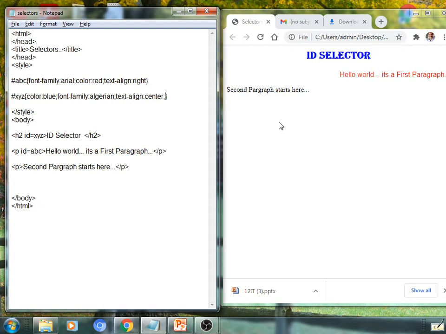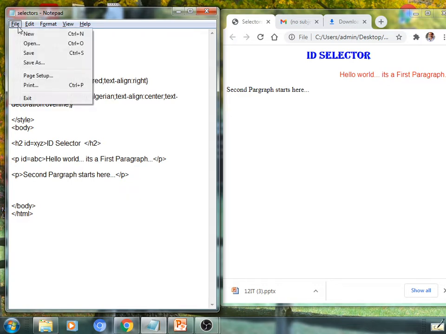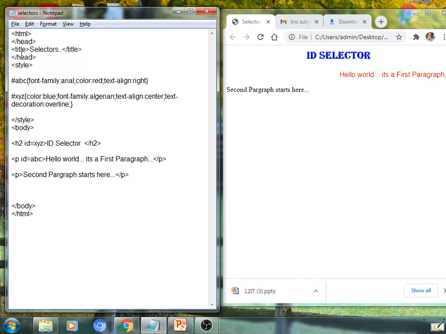Text decoration will be applicable again, text-decoration. It holds values such as overline, underline and line-through. See here, one by one we will apply it. Overline means it draws a line on top of such a text.